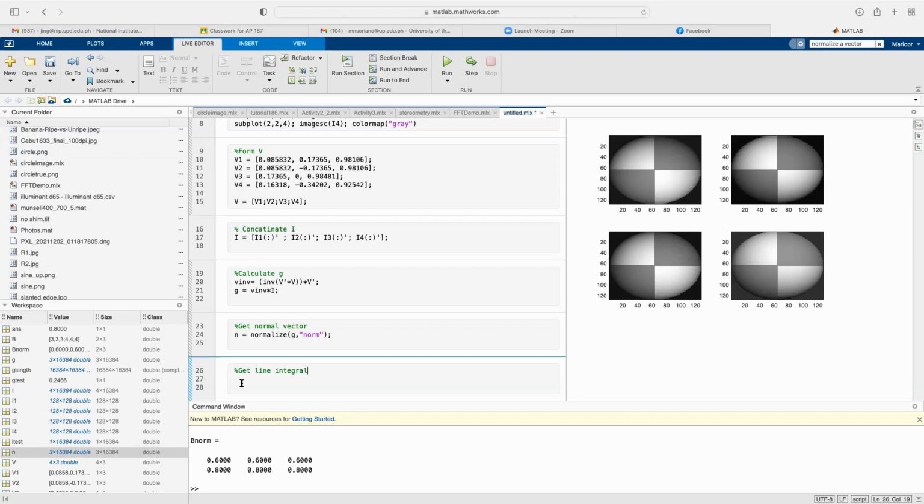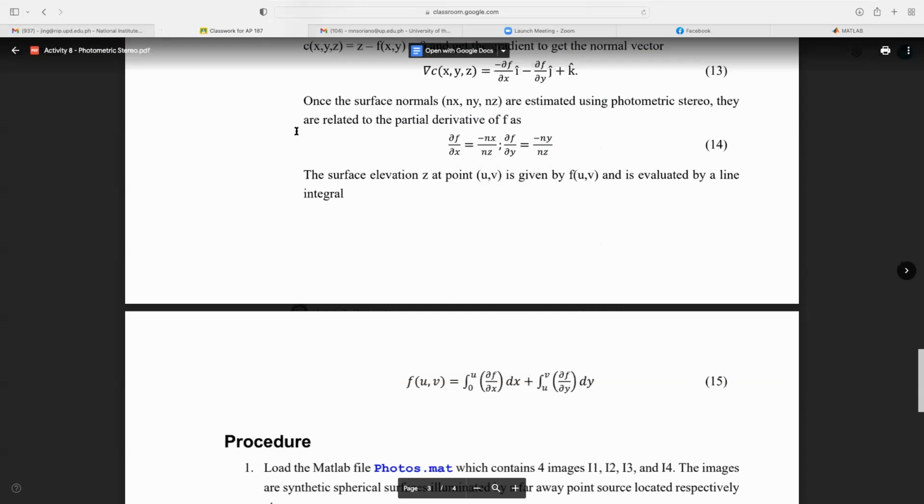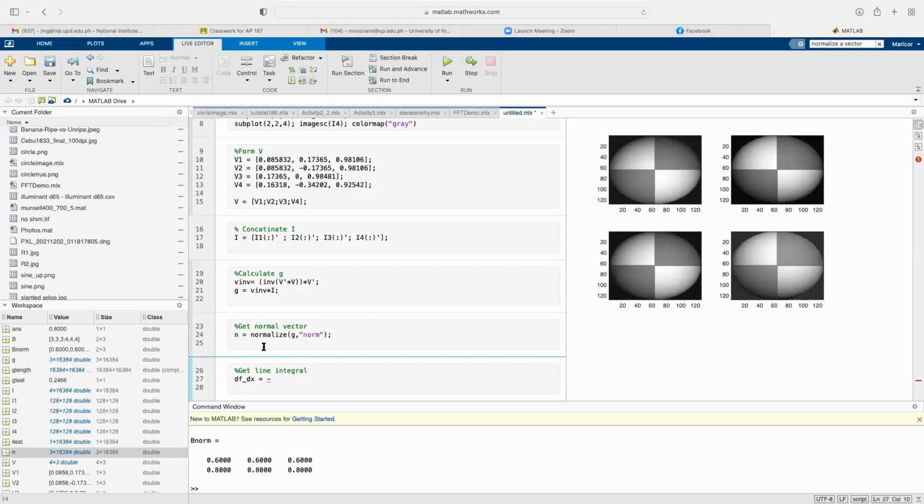Okay. So, what do you mean by this? So, gawin muna natin yung df dx. Dx is equal to minus nx over nz. So, nx is the first row in this 1, 2, 3. So, gagawin natin is in first and all elements there, they're corresponding to all points. By the way,